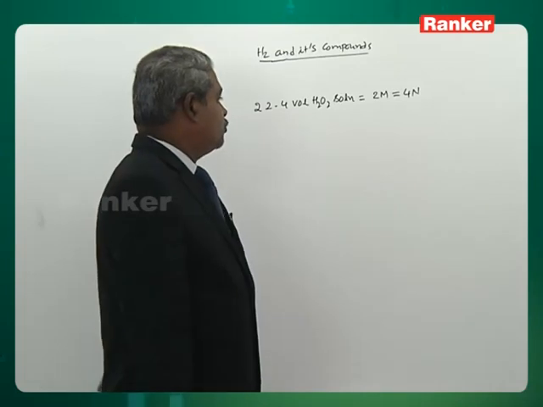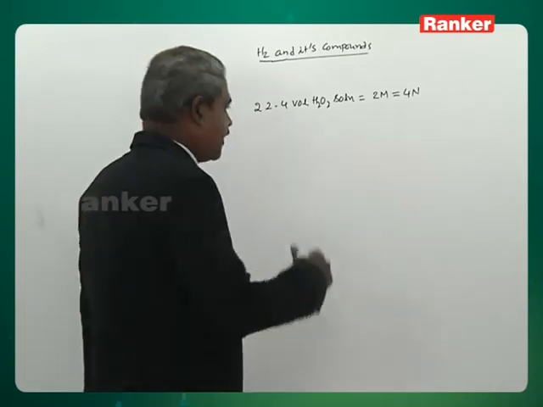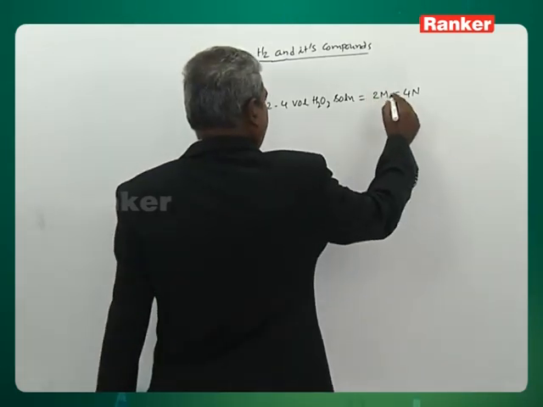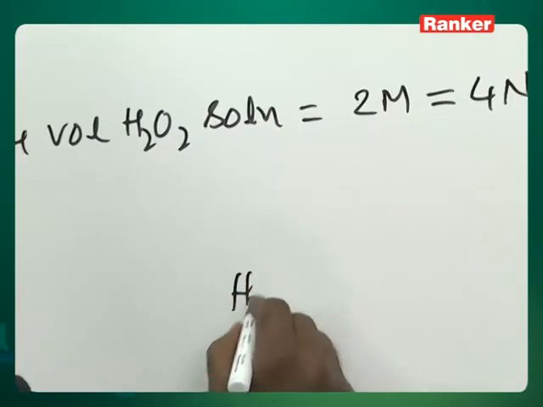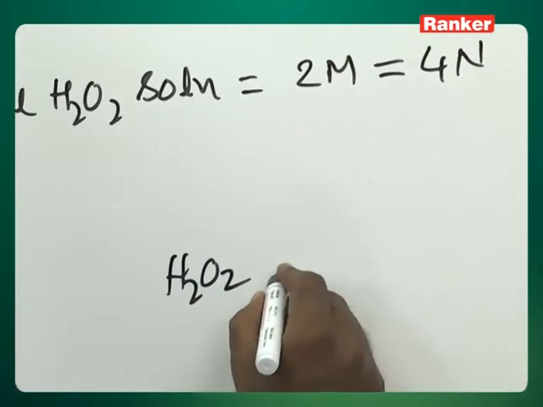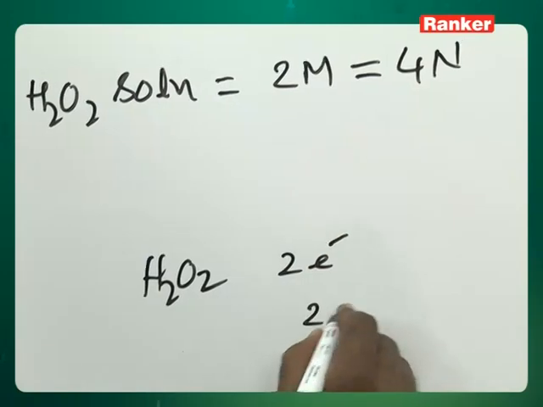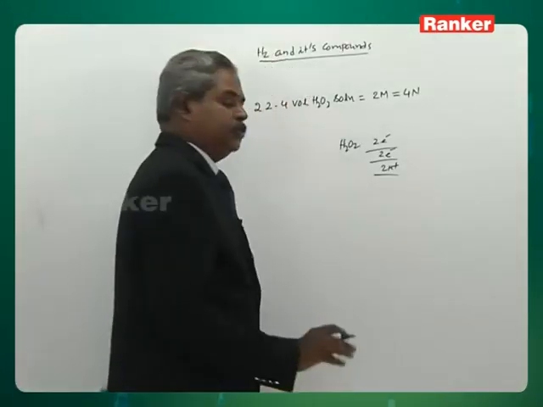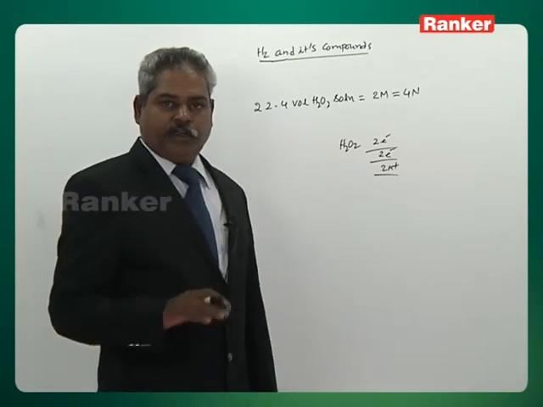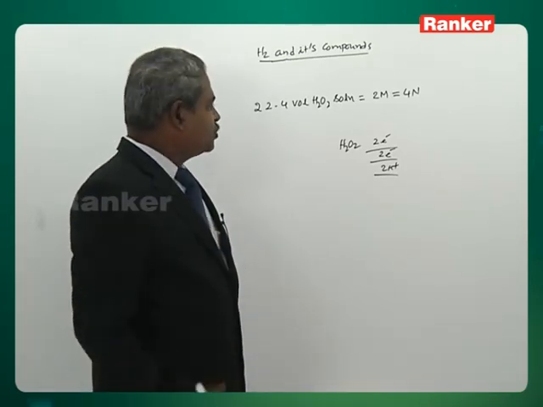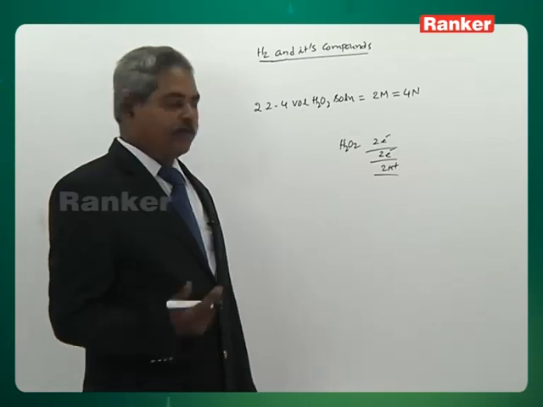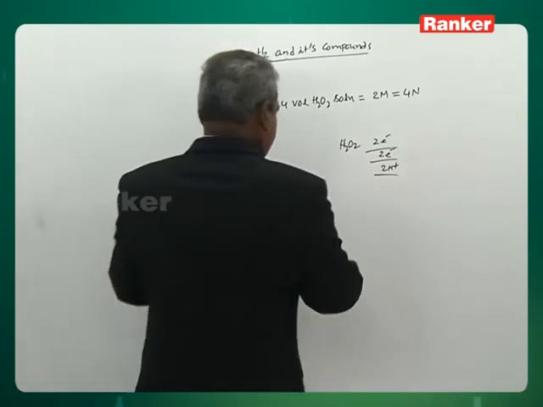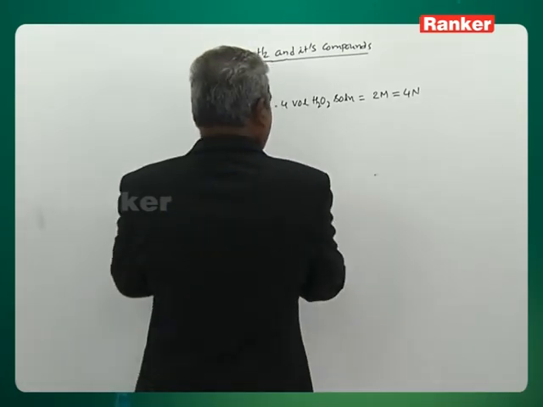The N factor of H2O2 is 2, meaning H2O2 can take 2 electrons or give 2 electrons. Its n-factor is 2. Therefore, 1 mole is equal to 2 equivalents. So, 4 normal and